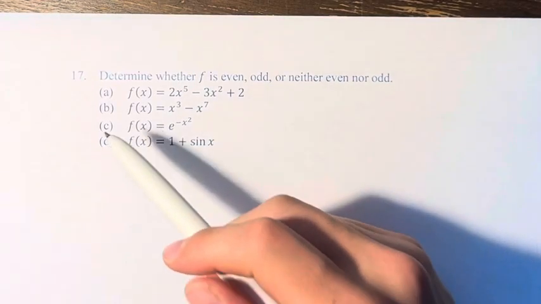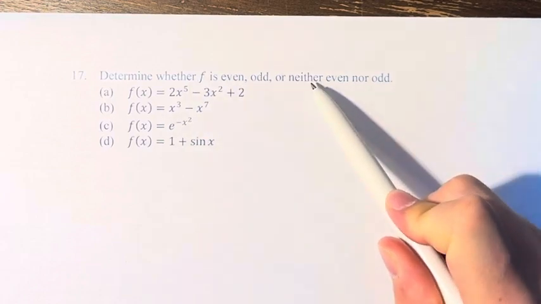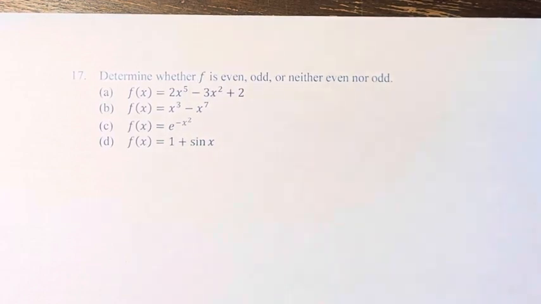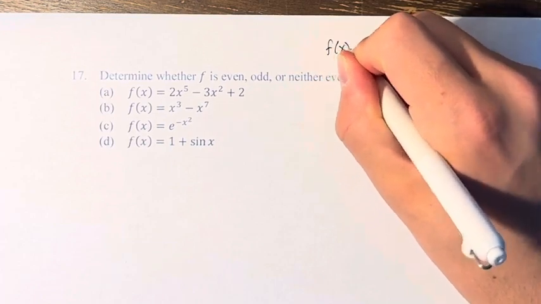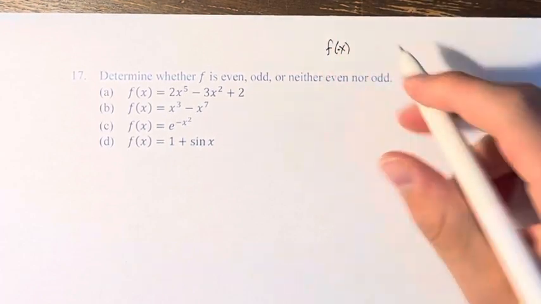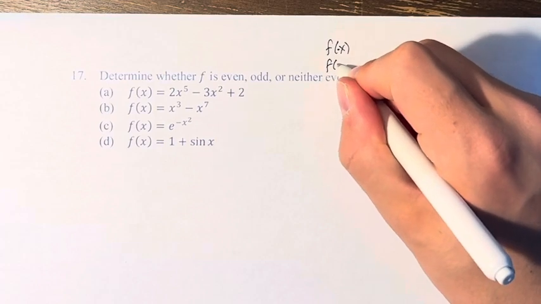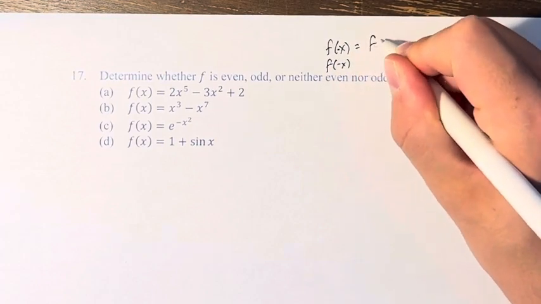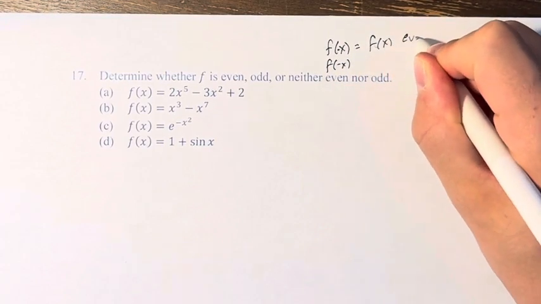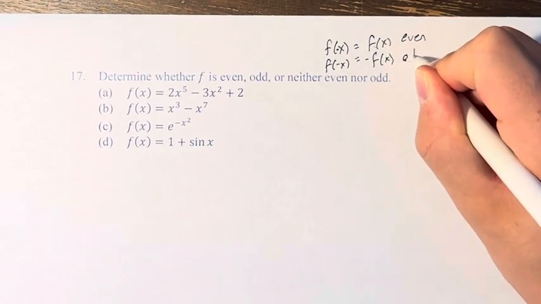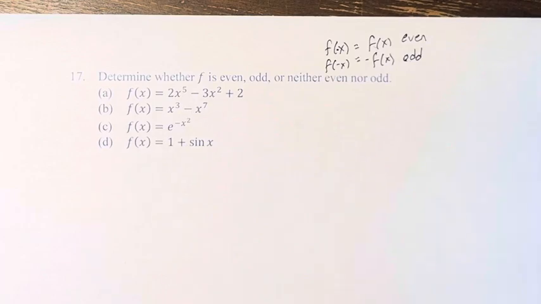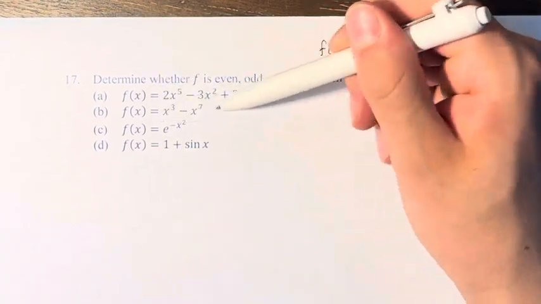In this problem, we're asked to determine whether f is even, odd, or neither even nor odd. So the way we test this is we calculate f of negative x. If f of negative x is equal to f of x, then the function is even. And if it's equal to negative f of x, the function is odd. So you just have to do that for all of these by plugging in negative x into all of these